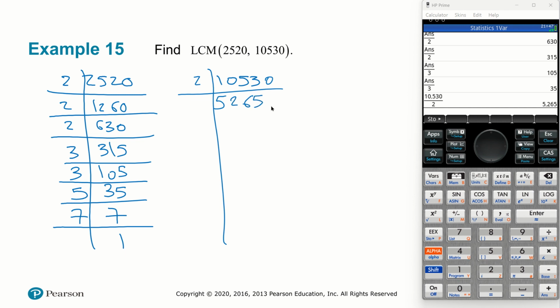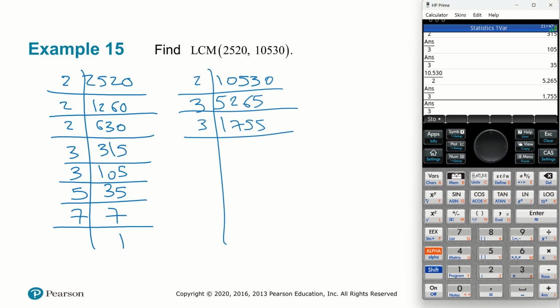Now, this is no longer even, but let's see if it's divisible by 3. 5 and 2 is 7, 7 and 6 is 13, and 5 is 18. 18 is divisible by 3, so I know my number is going to be divisible by 3. I divide it, and I get 1,755. Now 1 and 7 is 8, and 10 gives me 18, so this is still divisible by 3, so I go with 3 again, and I divide it. And we get 585,